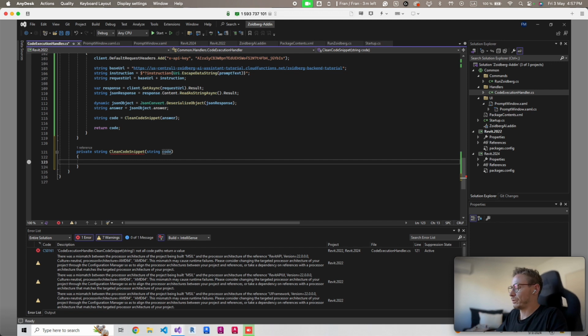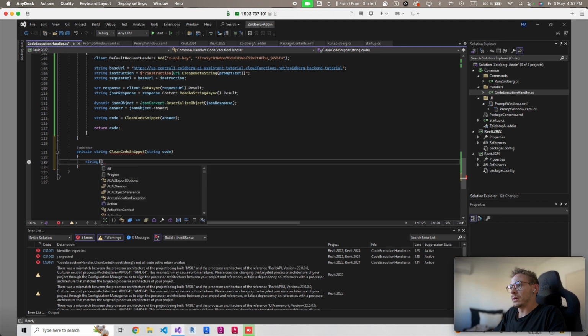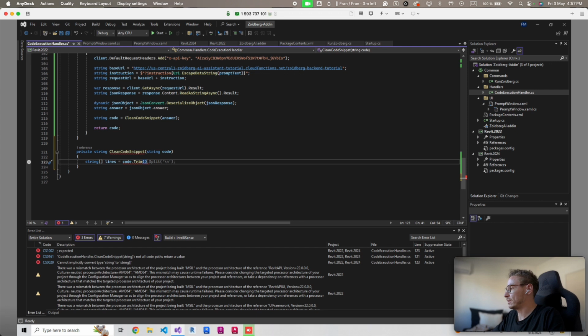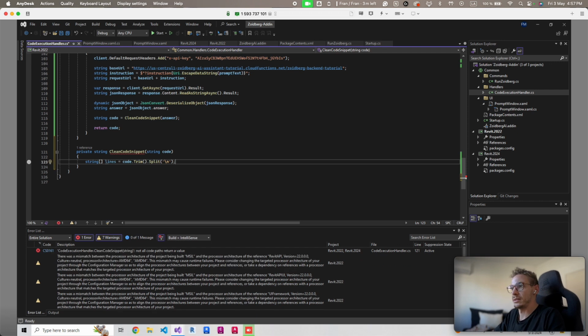What we are first gonna do is do an array of strings, which is gonna be our lines of code. So we're gonna trim it so that we remove empty spaces in the front and back of our code, and we're gonna split it by \n, which is the new line delimiter, and we're gonna use that so that we can